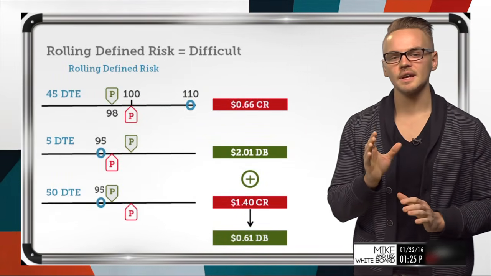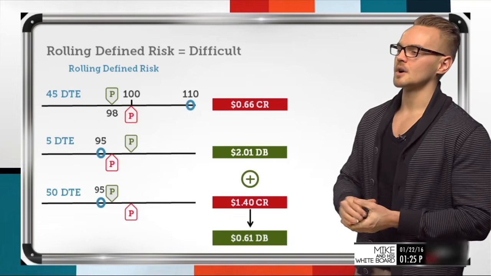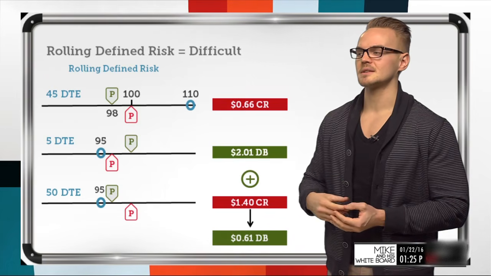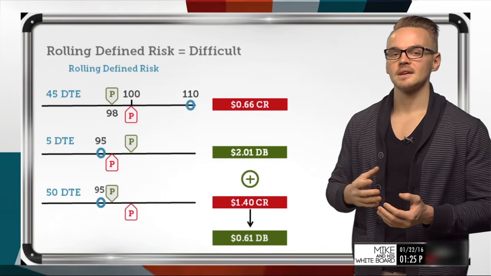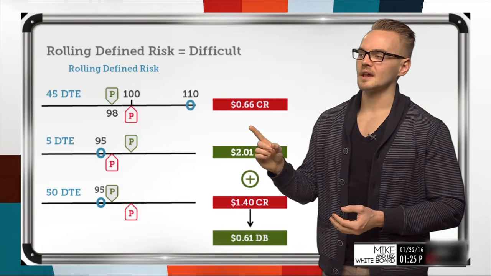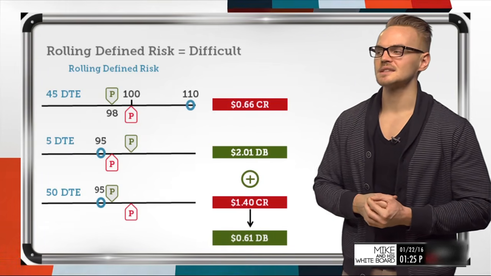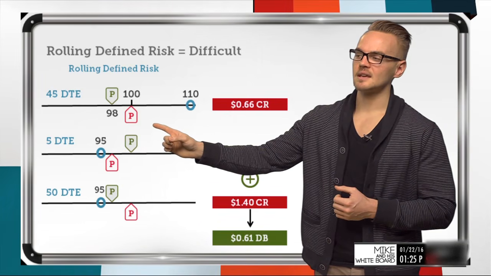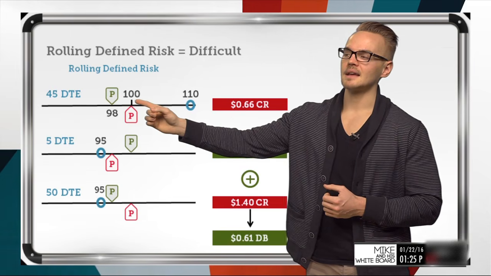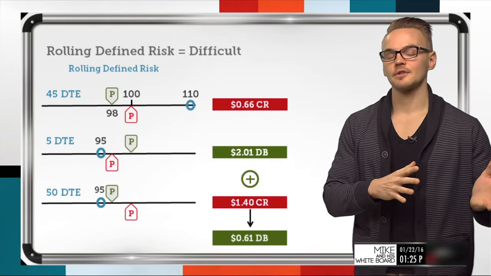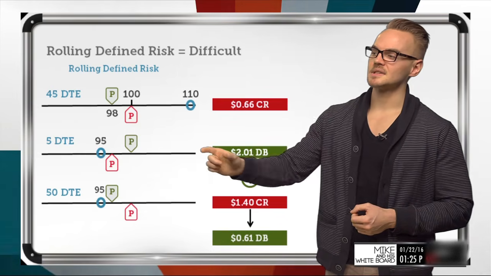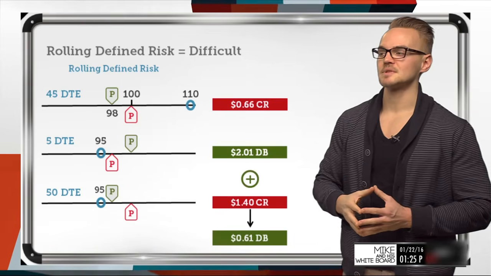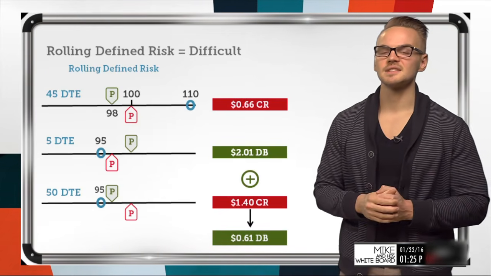Same exact example, but we're going to look at what a defined risk trade would look like. So we've got the same exact criteria. We've got 45 days. We're looking to close that position at 5 days and roll it out to the 50 days till expiration time frame. So now instead of collecting a $1 credit, I'm only collecting a 66-cent credit. And the reason for that is because instead of just selling this naked 100 put, I'm also buying a 98 put in the back further out of the money area. So what I'm doing is selling this option for $1, but at the same time, I'm also buying this option for a value that's going to give me that net credit of 66 cents.